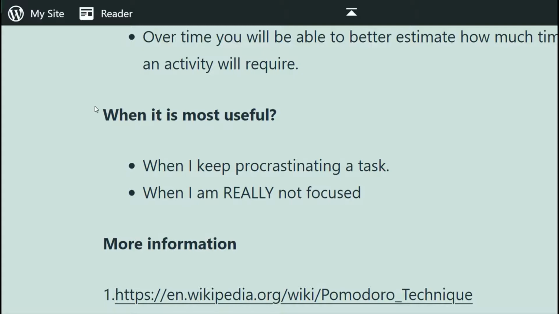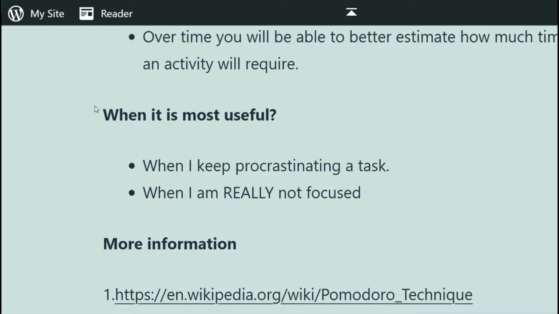You would have already broken it down into, like, I'll dedicate one Pomodoro for this particular task, only 25 minutes of my time to this Pomodoro. So say even if it is a big task like writing unit tests for the whole of your project, you just have to start it and focus on it for 25 minutes. More often than not, what I felt is, once you start it, you'll get into the flow of the activities, and more or less you'll just complete the task which you would have been procrastinating for a long time. So yeah, it really is useful for such tasks.